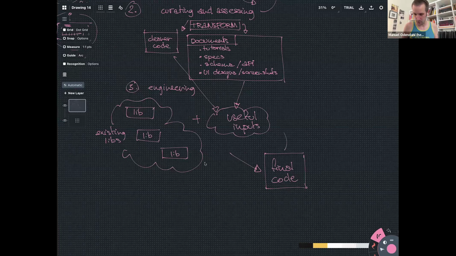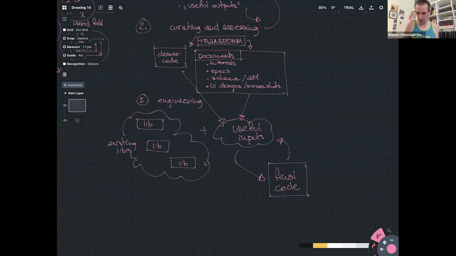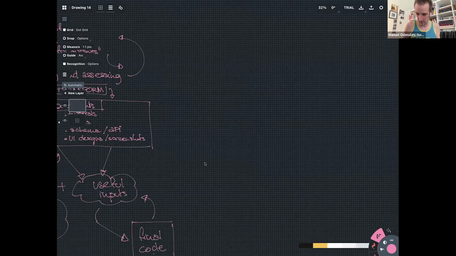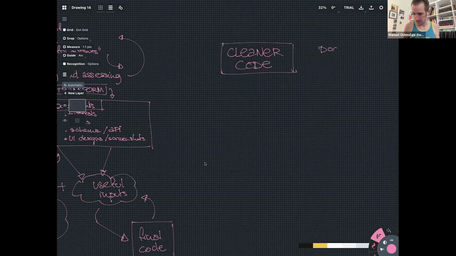And this part is going to be much more document driven, like a more traditional workflow. But as you've seen, there's a lot of little designs. So I can take, for example, one part of the cleaner code, and I'm going to go a little bit deeper into how you transform these into reusable pieces,